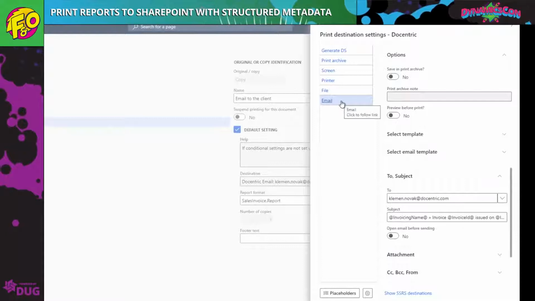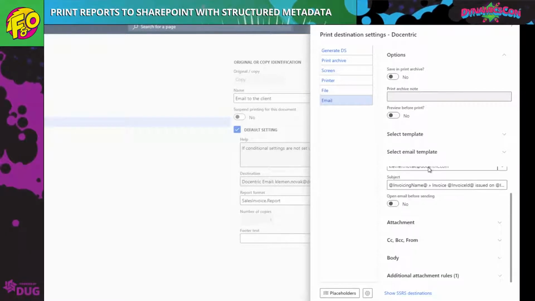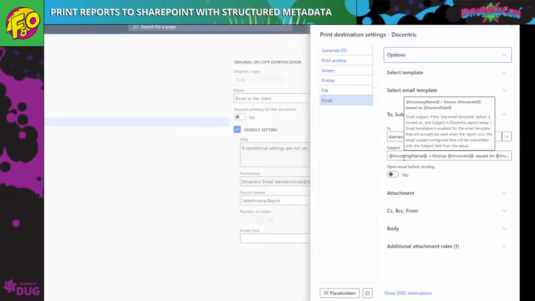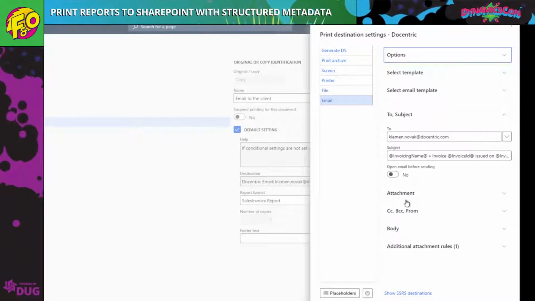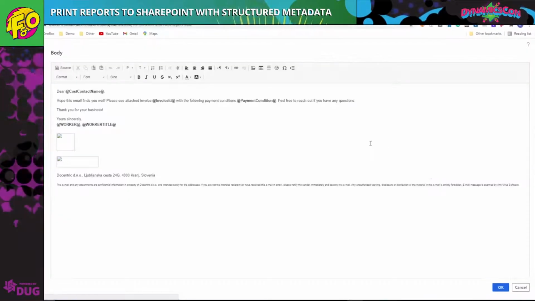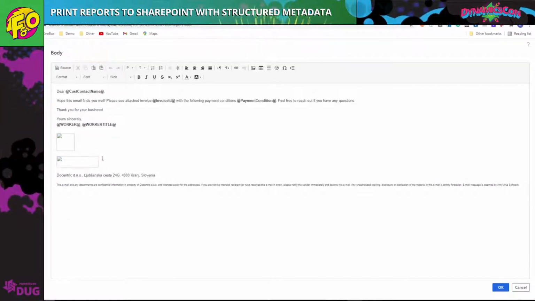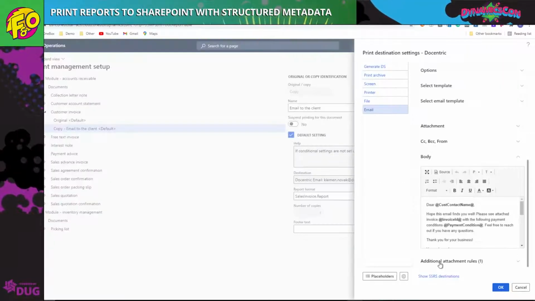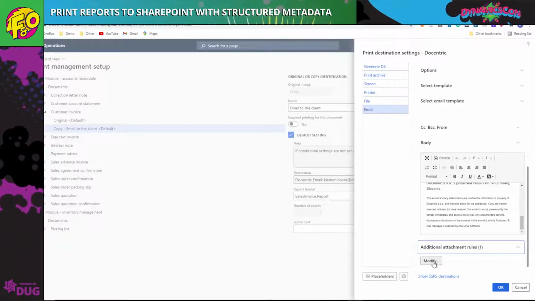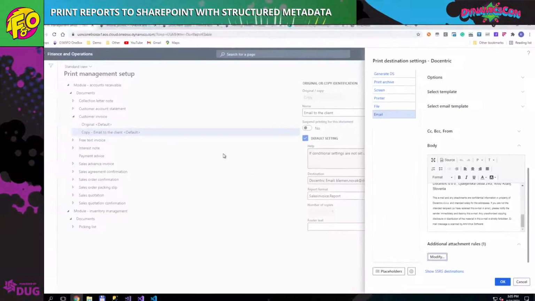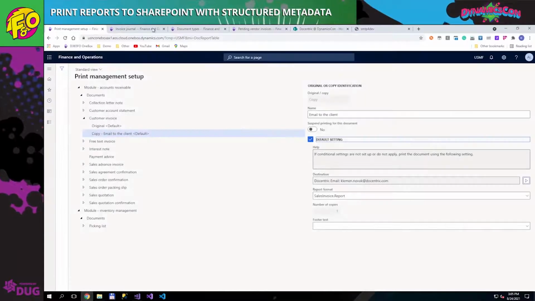And now we see the email print destination. So here I'm again using our placeholders to dynamically define the subject. The same for the email body. So we can also define a nice looking rich text email body, make it dynamic by using placeholders. And I will also attach an additional attachment. So in this case, our terms and conditions. Okay, that's it. So now let's check